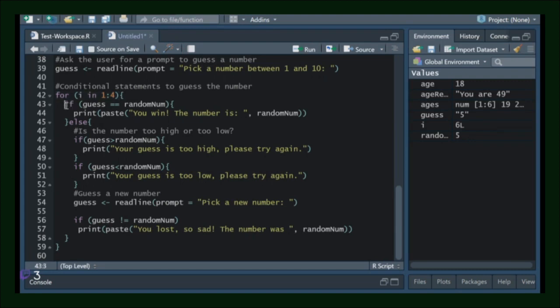So then it'll say if guess equals random, then output you win, the number is, and then the number. If the guess is not equal to random, then tell me if the number is too high or if it's too low. And then after this else statement,